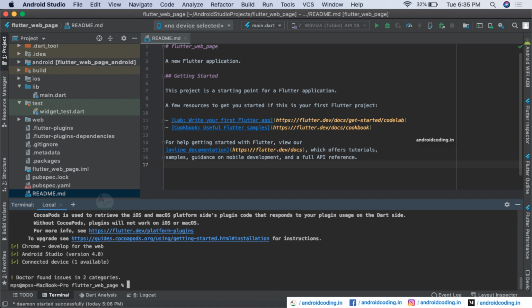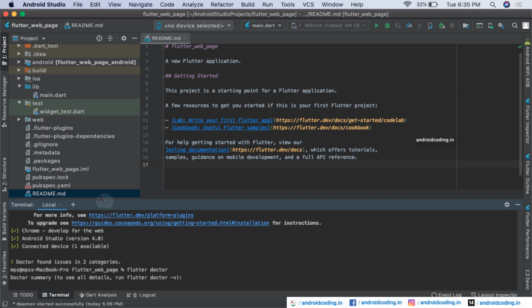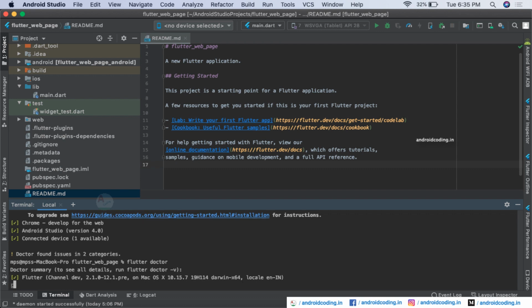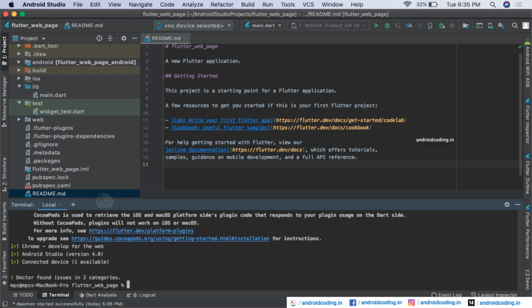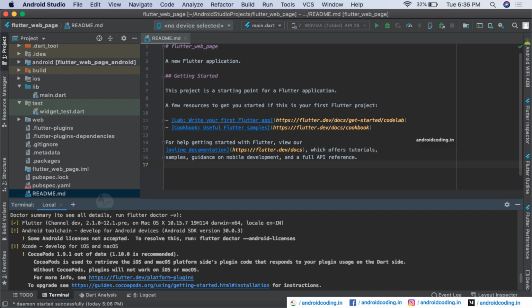Now let us run the flutter doctor command again and check whether this issue is resolved or not. So it's still showing us that the Android toolchain issue is not yet resolved, and it is also showing a command here.